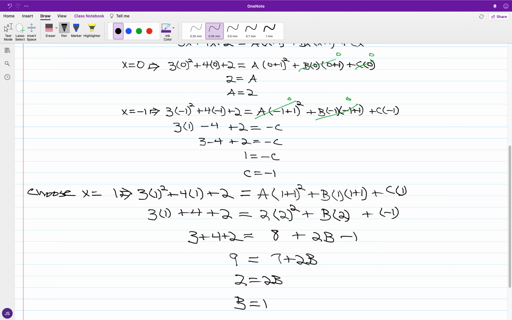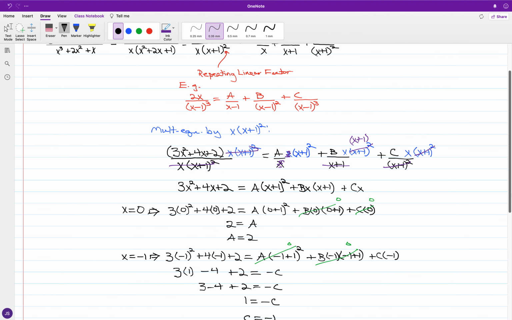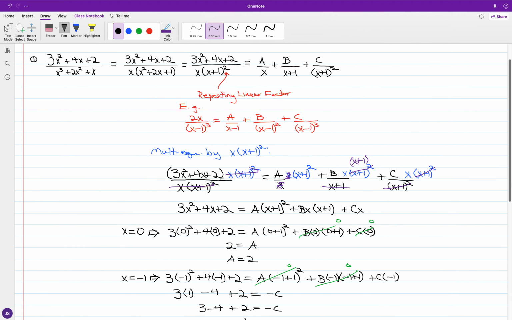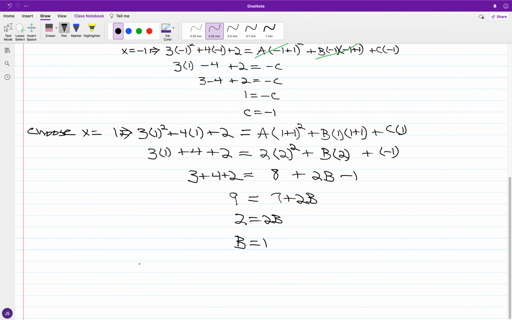And in this case, we're going to have that b is equal to 1. So a we have at 2, b we have at 1, and c we have at -1. So all in all, it's going to turn out that for what we have in the ratio, we have 3x squared plus 4x plus 2